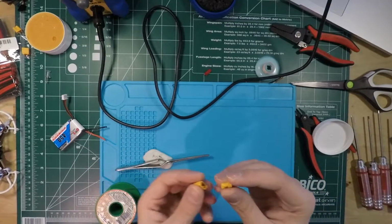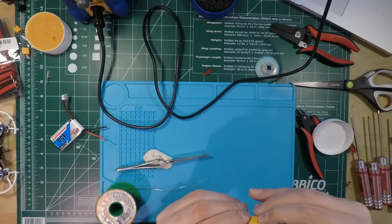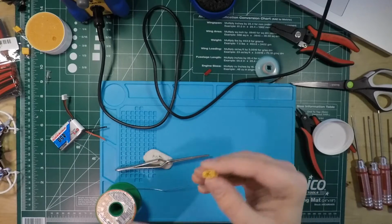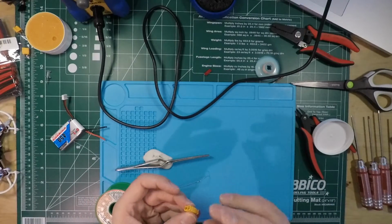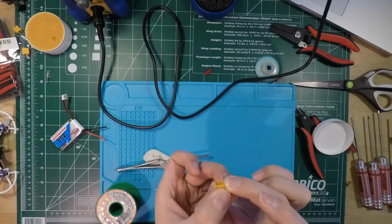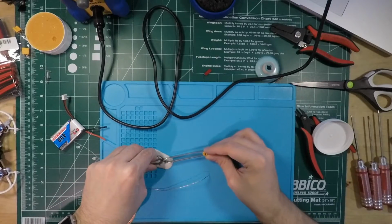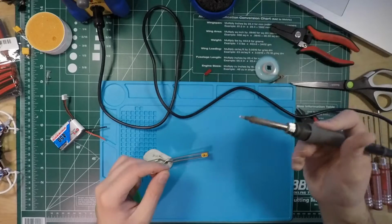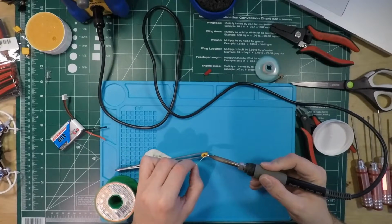And also, one other trick that I just remembered I need to do, is I'm going to put the connector in the female part, because these pins will act as a heat sink to help pull away heat, and also keep the connectors straight while they're being soldered together. Yeah, it should help a little bit. Okay, so going back here,